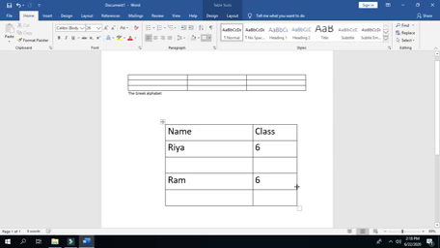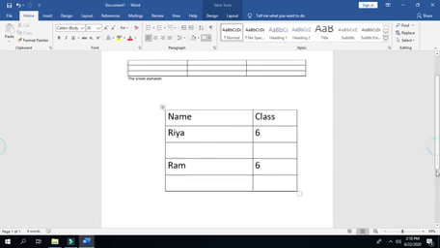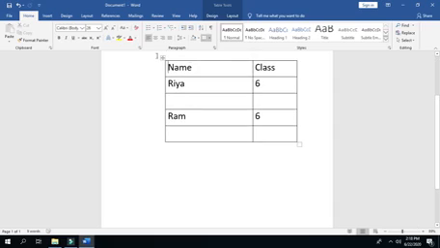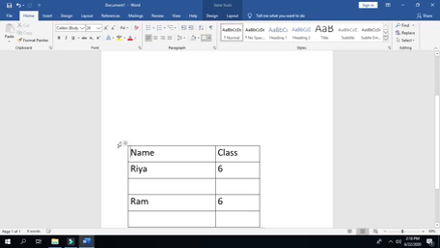See, with this, again I'll show. Suppose initially our table was here and we want to move the table to a new location. Then we will use the mouse to drag the table from one location to another, and see, the position of the table is changed.